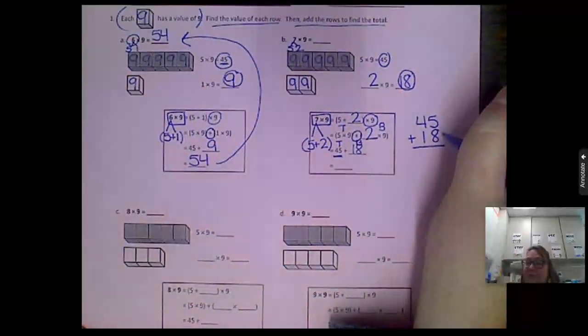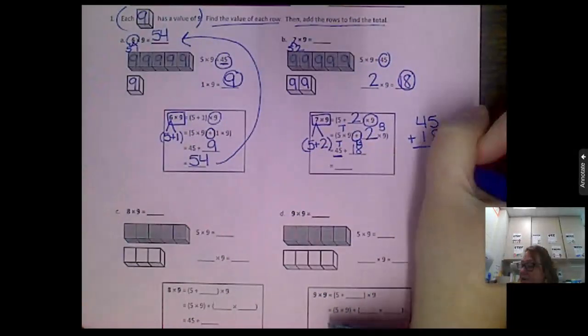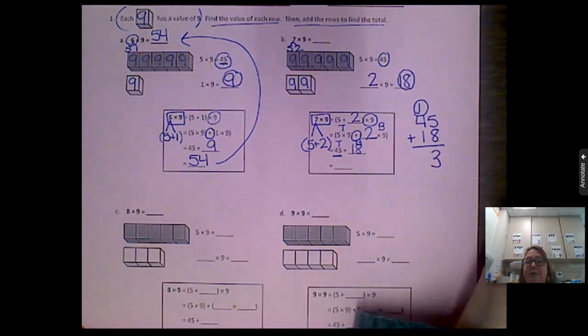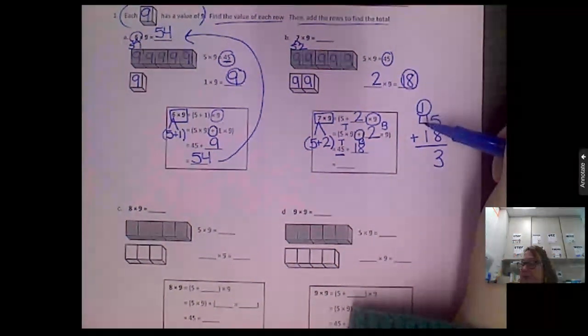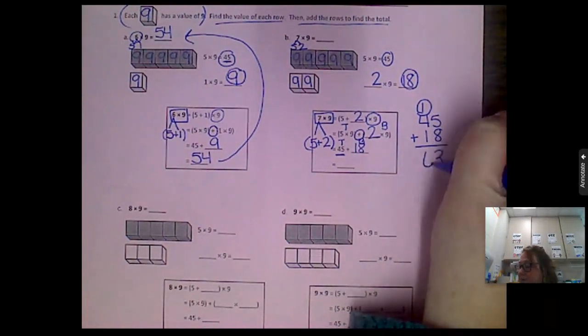So I've got 5 plus 8. What does that equal? 13, right? So I'm going to put the 3 and I'm going to carry the 1 up top there. I'm going to circle it so I don't forget it. And then I'm going to add these 3 digits together. So I've got 4, 5, 6. So it equals